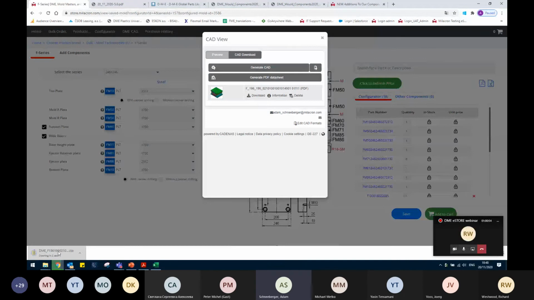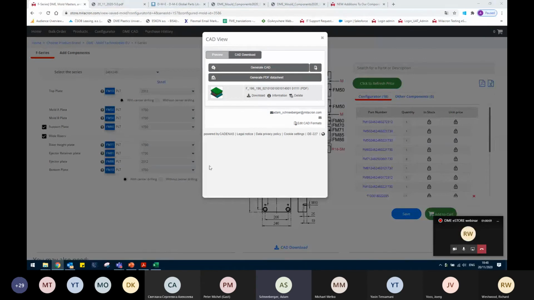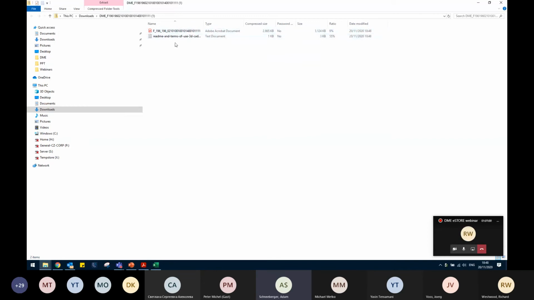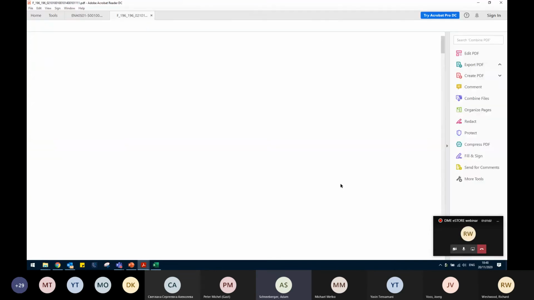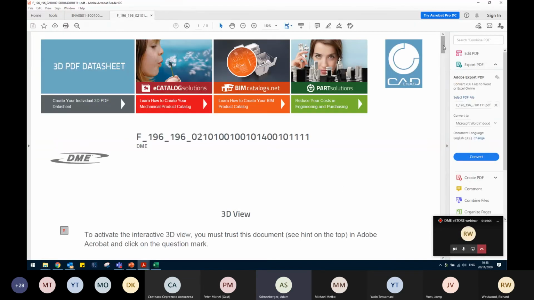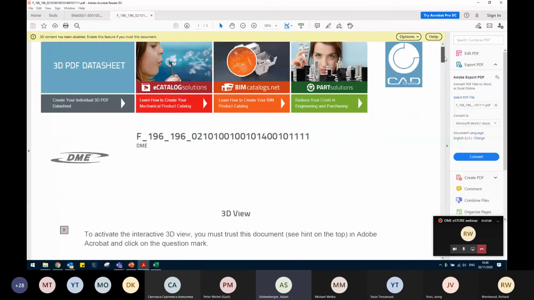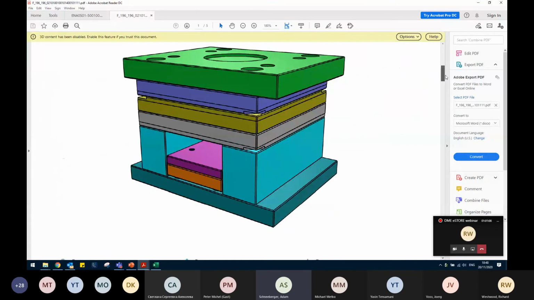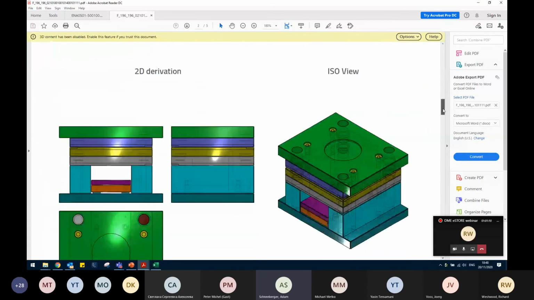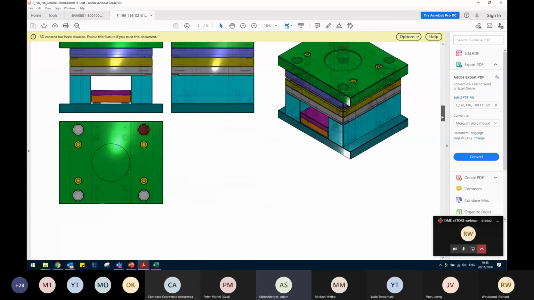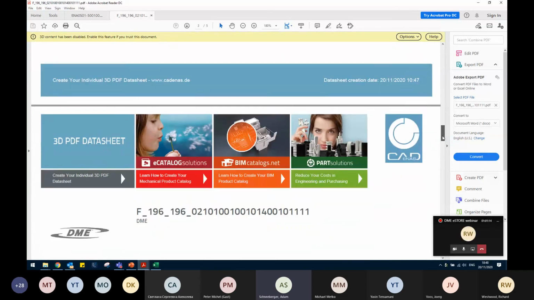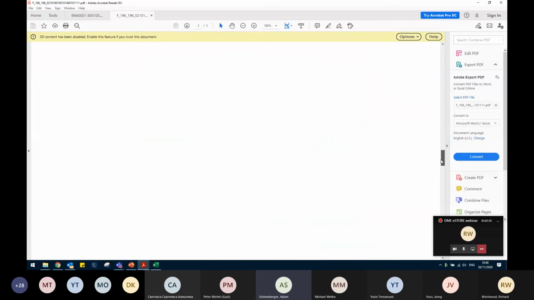It's opening for me just now. It was actually 3 megabytes, and again the same document with my mold details about the plates, some different views for the mold, and then